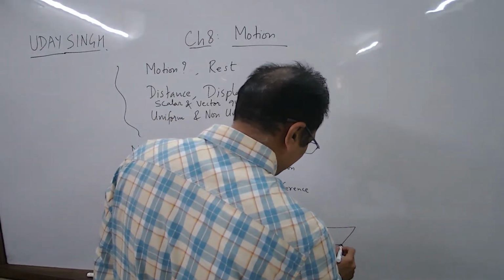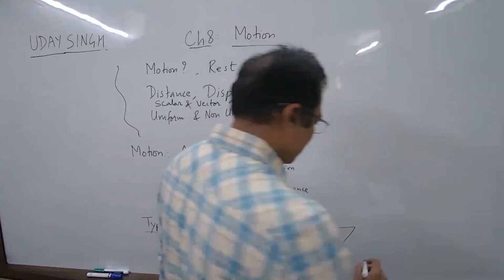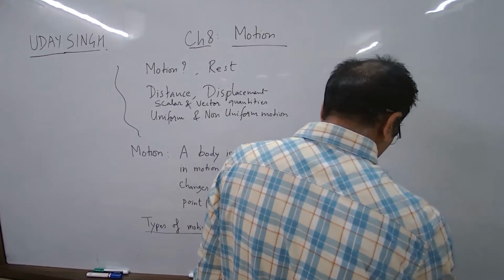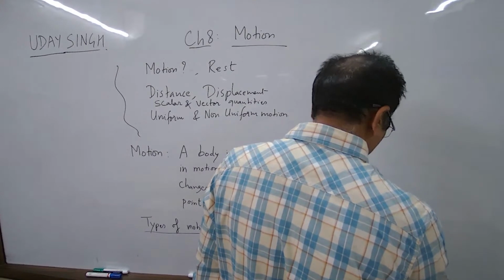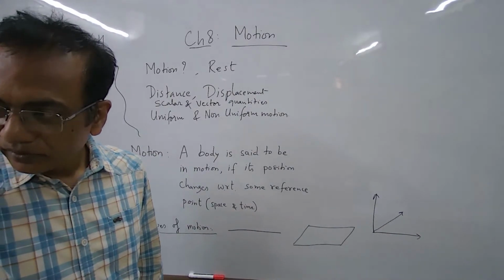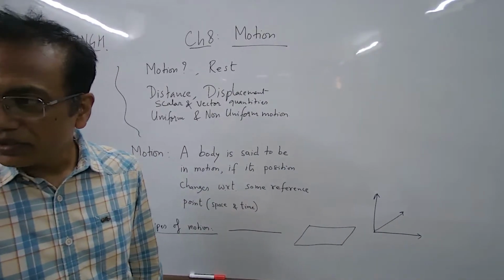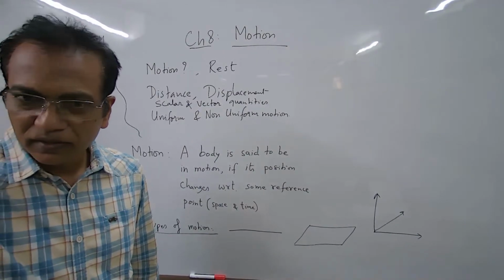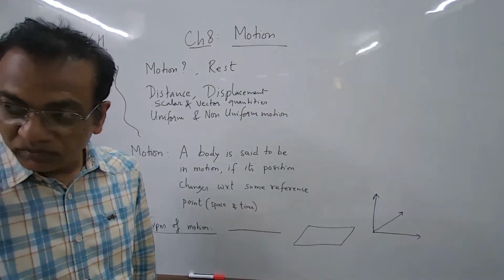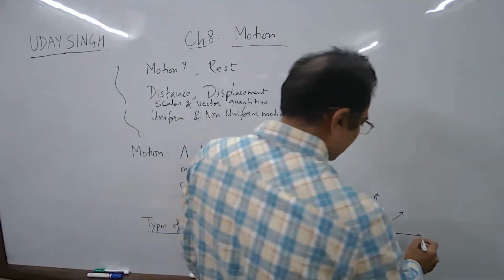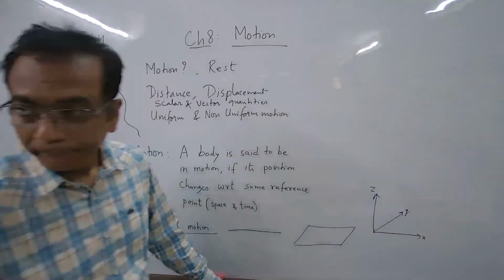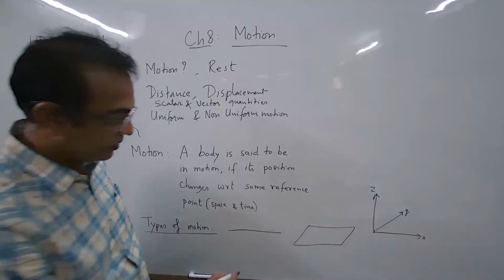Or you can have a motion in space. So what is a space? It will have three dimensions, right? Like when a plane is taking off, where is it going? Is it a straight line? It's a curve. It's a plane also, plus it is going above the ground. So there is x-axis, and you have x, y, and z. Three axes are there.